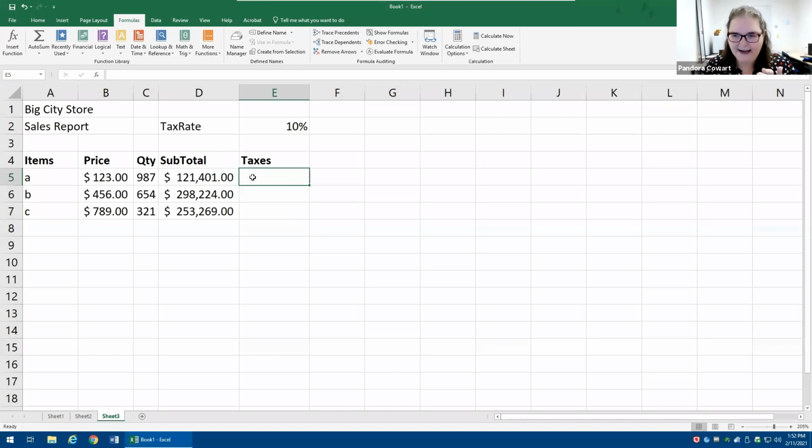Okay. I need it to be my subtotal, subtotal, subtotal, subtotal, all the way down, moving with me. But I need it to be tax rate, tax rate, tax rate, always staying up here in this cell. So here in cell E5, doing math, so I need my equals. And I want the number next to me